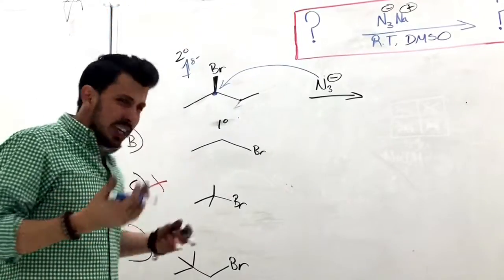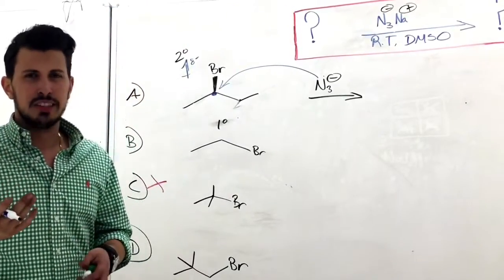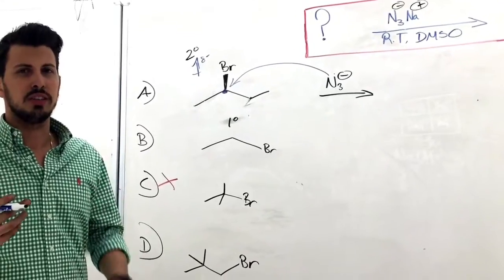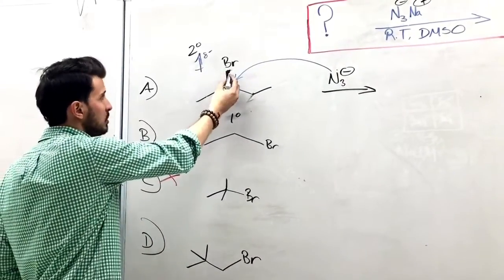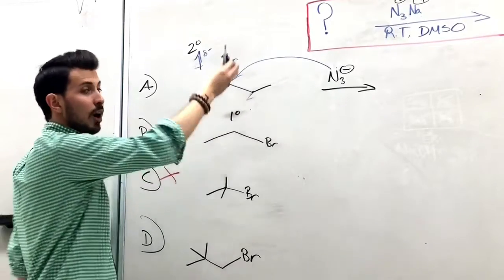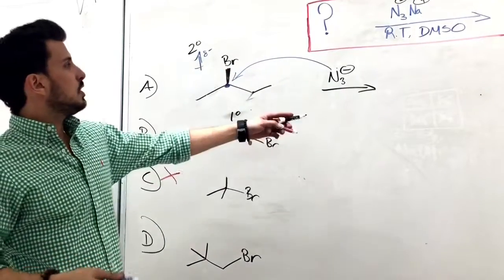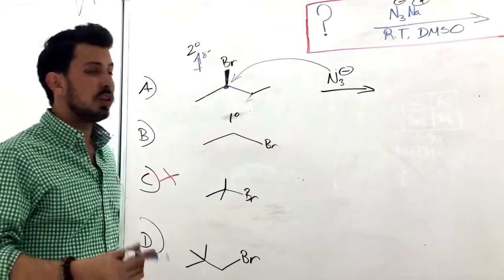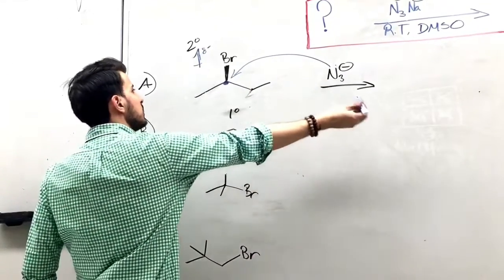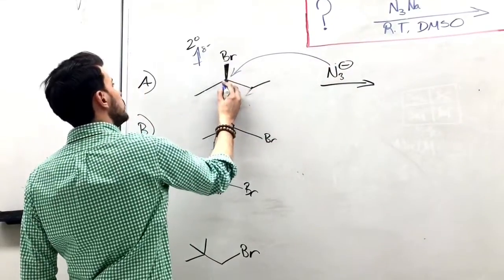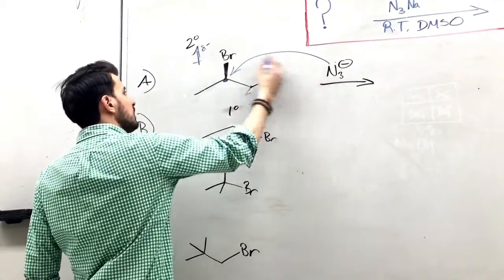So you kind of want to get used to seeing things in your mind's eye, as I learned. You want to see things three-dimensionally. Anytime you see a wedge, it means that whatever group is wedged is coming out at you, right? So for Sn2 reactions, we're going to do a backside attack, which means this N3 is going to come in opposite to this bromine. So when we attack here,